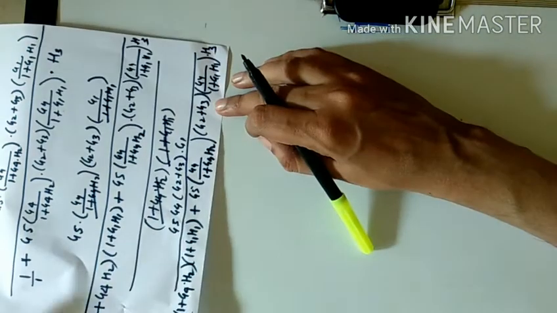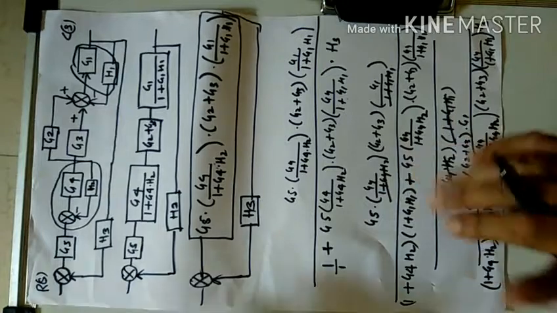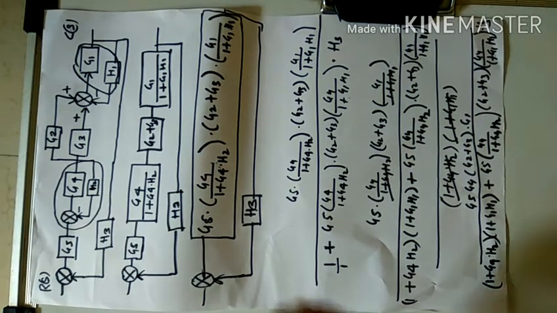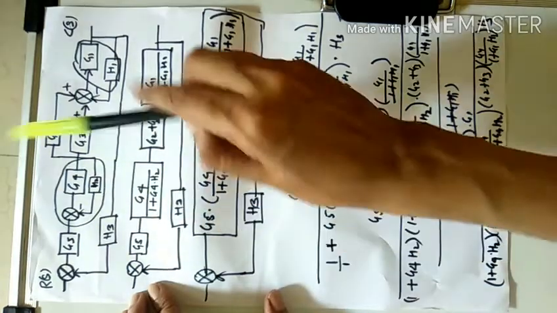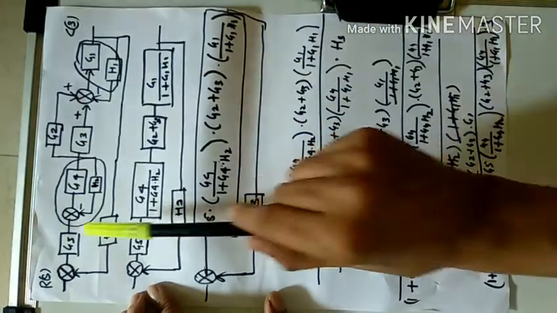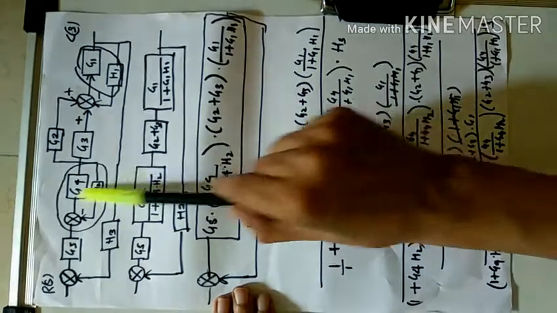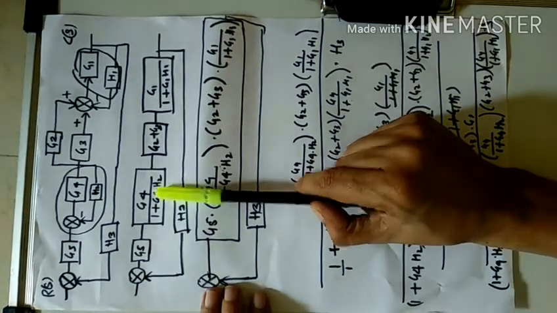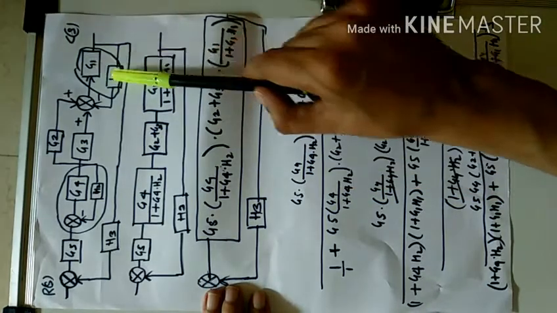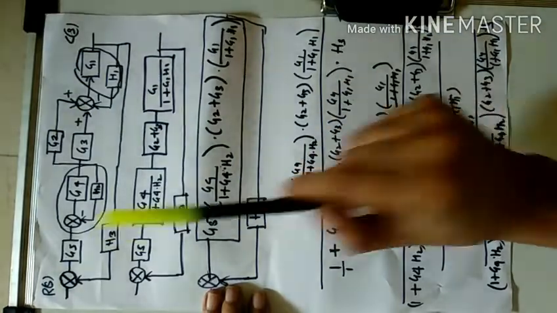Clear. So this way again I am revising it. Just see how to solve the numerical. This is the given block: G5, G4, H2, G2, H3. Then this is G1 H1. So we will start by solving, with G5 as it is. G4 and H2 are in a feedback loop, so G4 upon 1 plus G4 H2. G2 and G3 are in parallel, G2 plus G3. G1 and H1: G1 upon 1 plus G1 H1, this is again a feedback loop. H3 as it is. Okay.